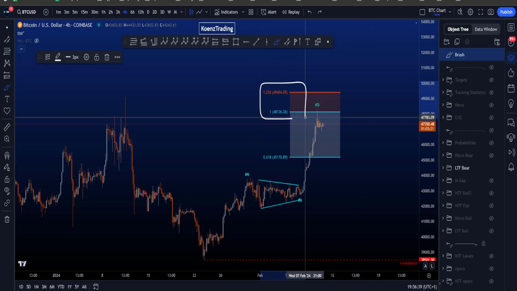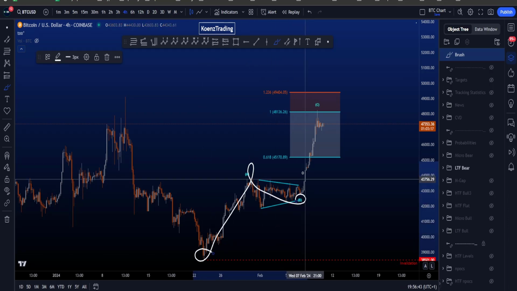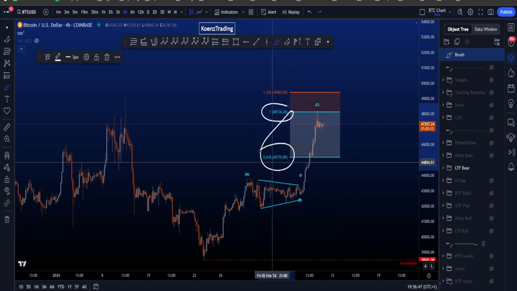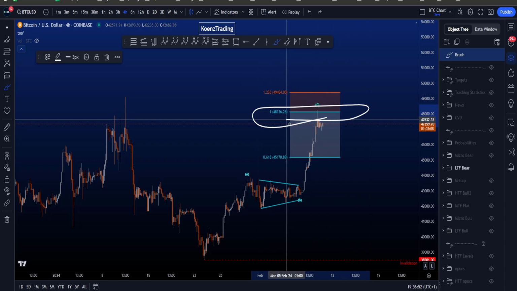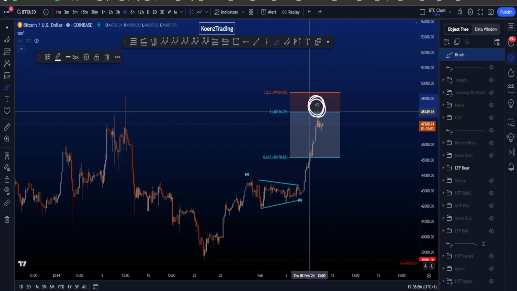Instead of the usual 1 to the 1.236 trend-based fib extension taken from the low to the high of A to the end of B, we are now looking for the 1-to-1 to the 0.618 here, 45.1 to 48.1k, and we already hit the 1-to-1 as you can see. Now, if this is the high and the end of your wave C, you now want to see impulsive structures